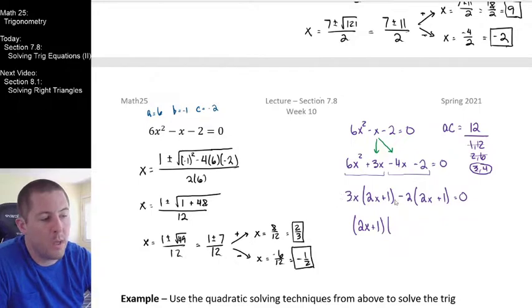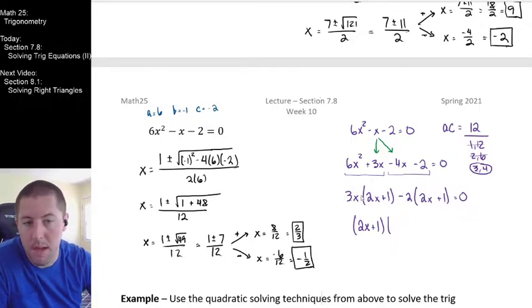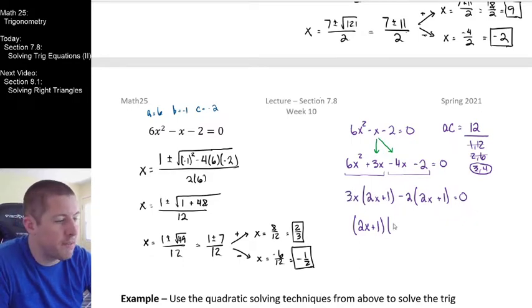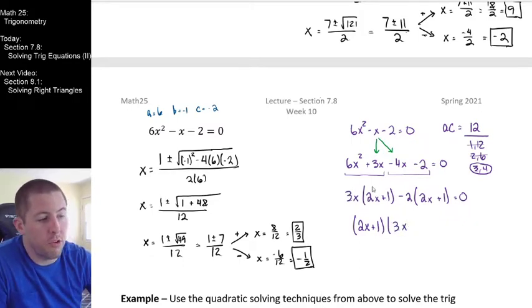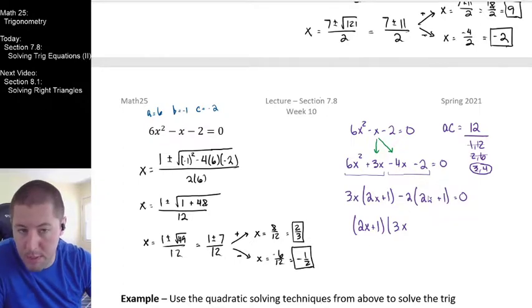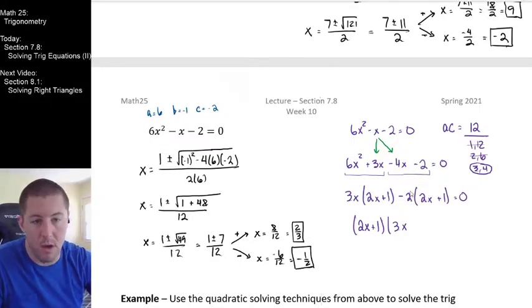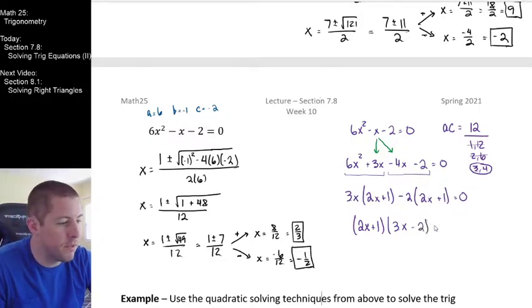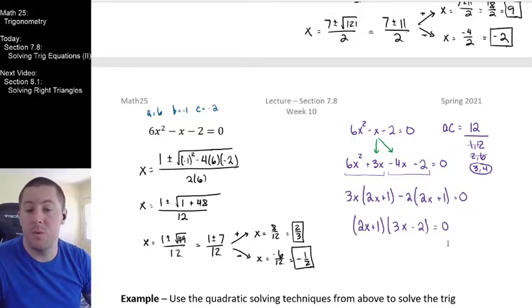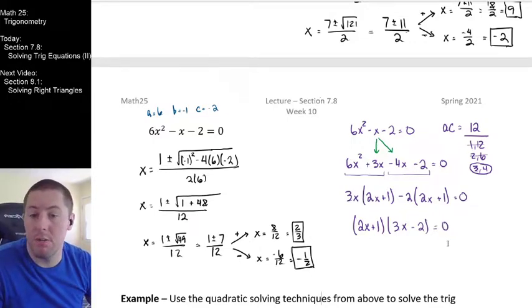And I'm going to say, what's left over from the first group when we've divided out 2x plus 1? And you should say, well, the 3x survived. From the second group, what's left over after we've factored out the 2x plus 1? Well, the negative 2 is the only thing that's remaining. If we took negative 2 times 2x plus 1 and divided it by 2x plus 1, all that remains is the negative 2. So what we've done now is we've managed to get ourselves into nice factored form right here,